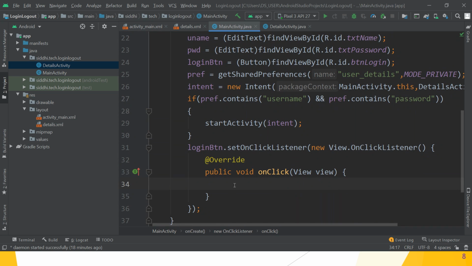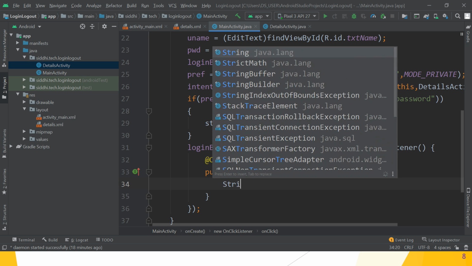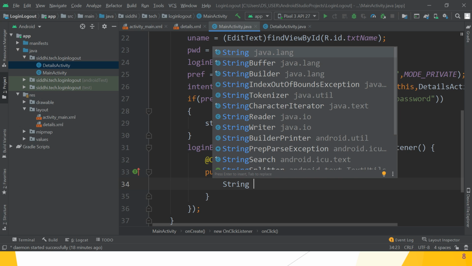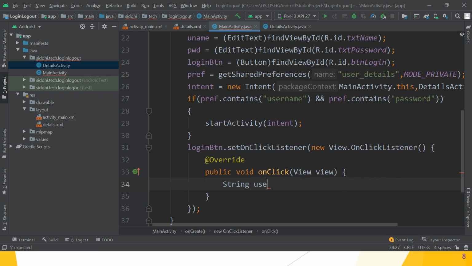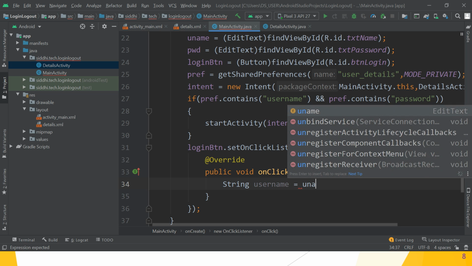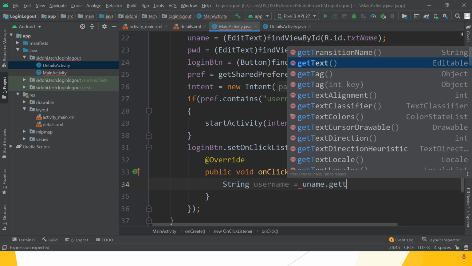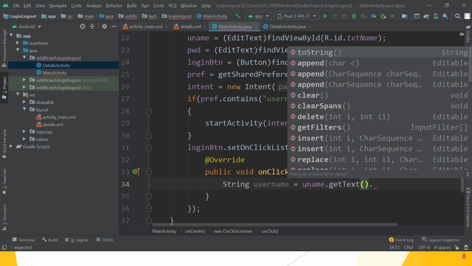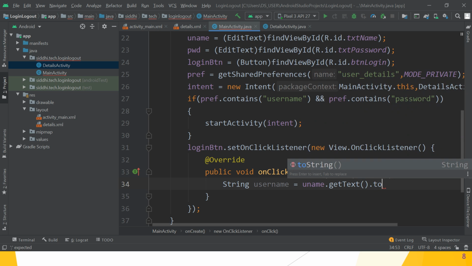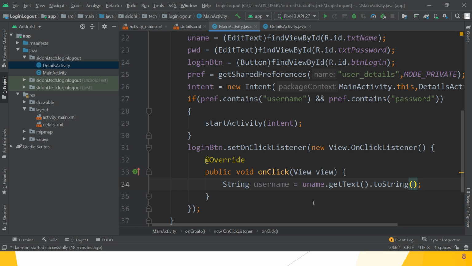So what we have to do? First, String username is equal to uname.getText().toString(). Great. So we take the text which we write into the text box, retrieve it, and save it into username as a string.